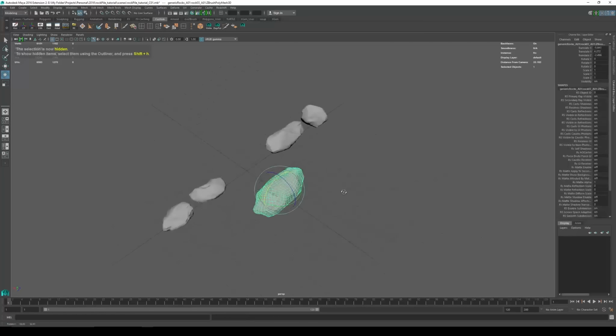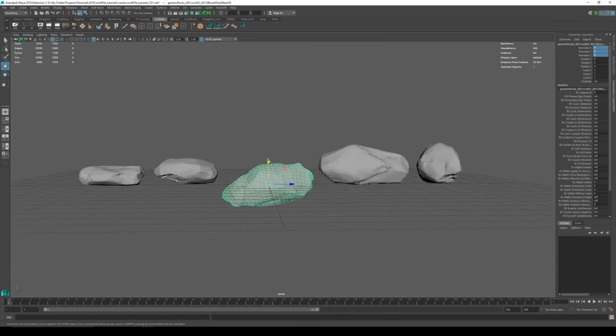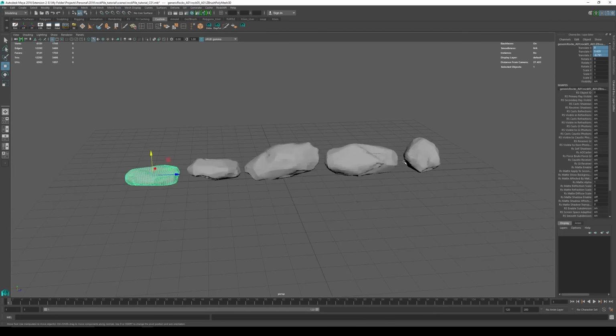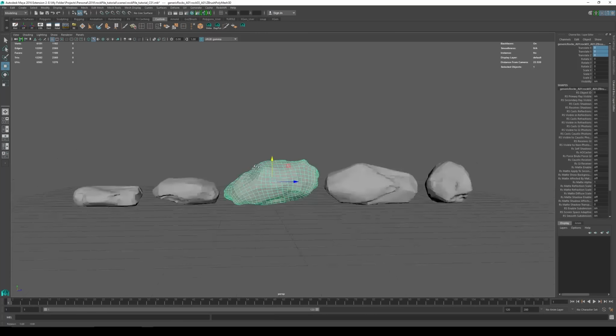Okay, so let me just zero this guy out. Another thing to keep in mind is, see how all these rocks have little transformations just so they're all sitting on top of the grid plane here, because I was doing some test renders of them. As long as you don't freeze these out, this is okay, because if I freeze it out,